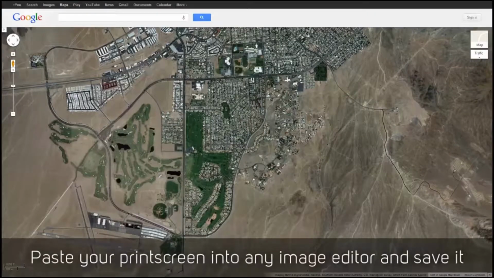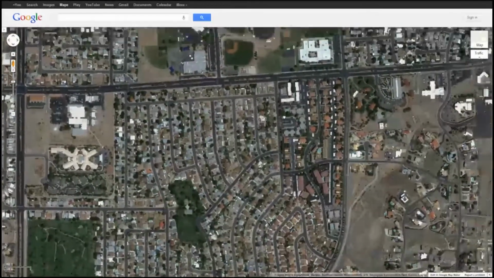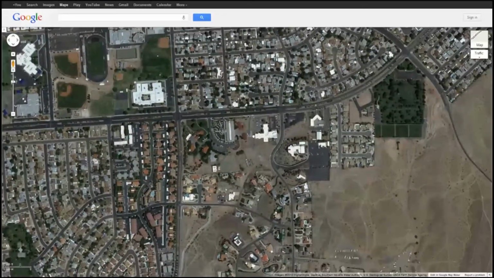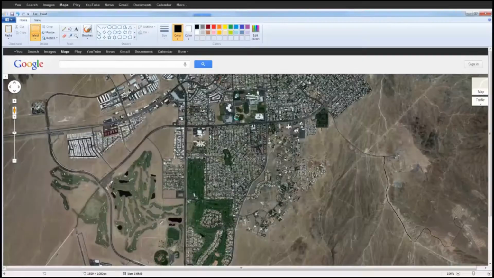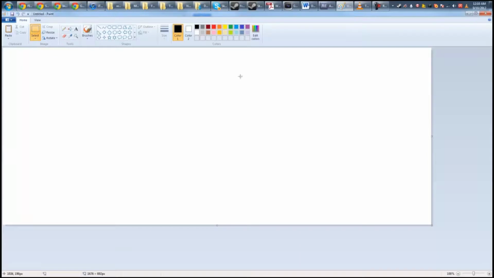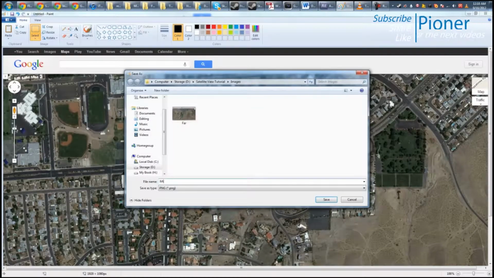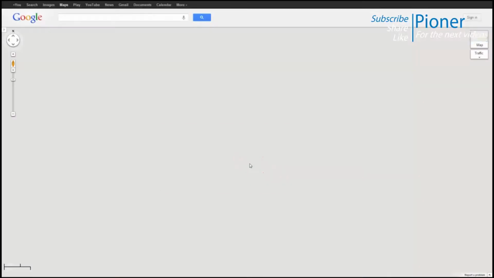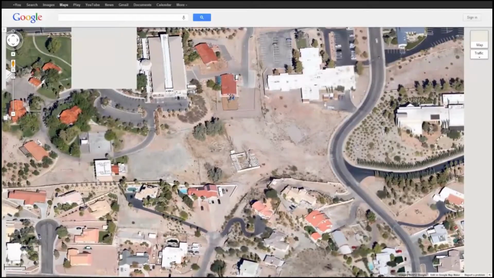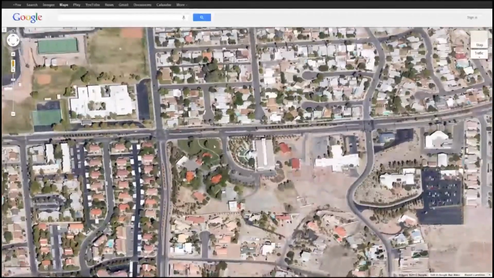Now go back to Google Maps, zoom in a bit more, zoom in twice, find a location that you like, print screen again, go back to Paint, Control N, make a new document, paste it, save it as mid, and I'm going to do it one last time, zoom all the way in. Maybe that's too far in, so